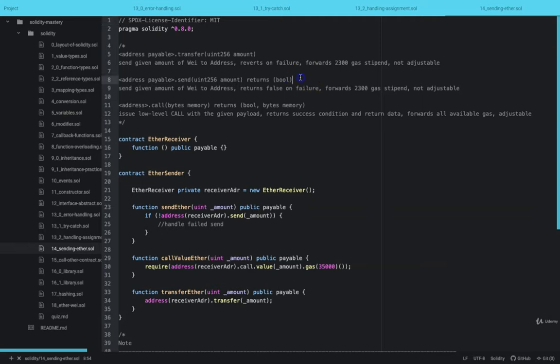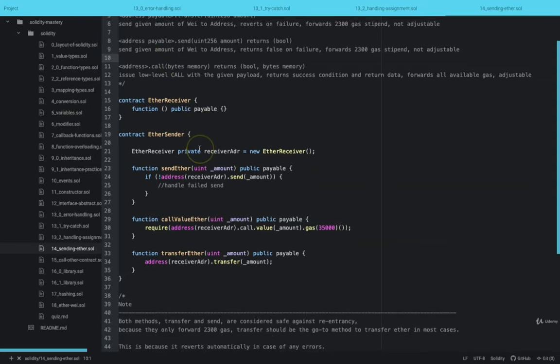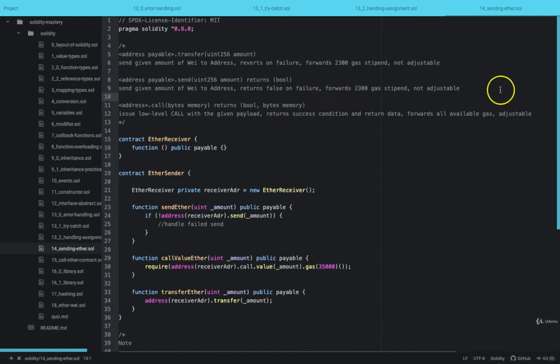Actually, using the send method has caused a lot of havoc to different smart contracts. By the end of this lesson, we'll be exploring one of those that have had that problem. Now, the send method sends a given amount of Wei to an address and returns false on failure. It doesn't revert, it returns false, so you'll have to handle the revert yourself. It forwards a 2300 gas stipend, not adjustable. Same thing as transfer, except that transfer reverts, which is good, and undoes all changes to state, but send just